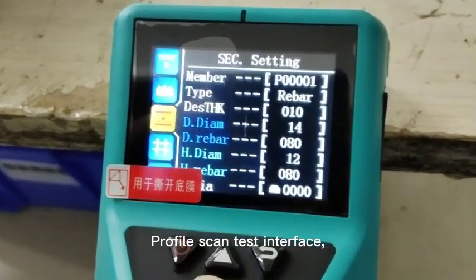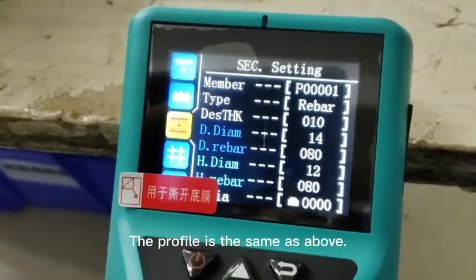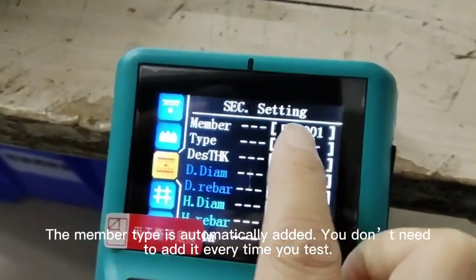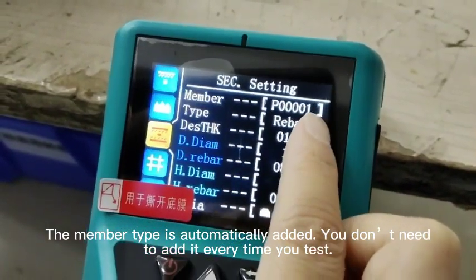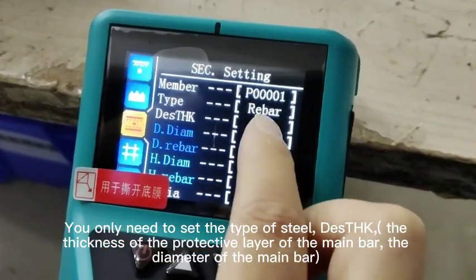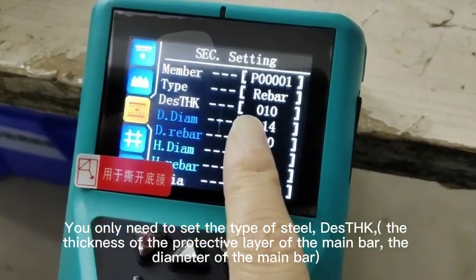Profile Scan test interface. The profile is the same as above. The member type is automatically added. You don't need to add it every time you test. You only need to set the type of steel,